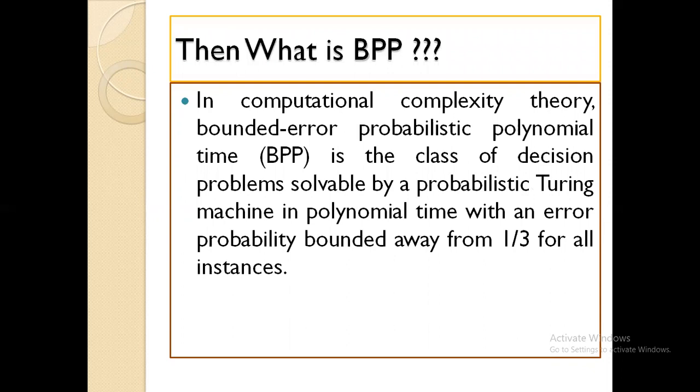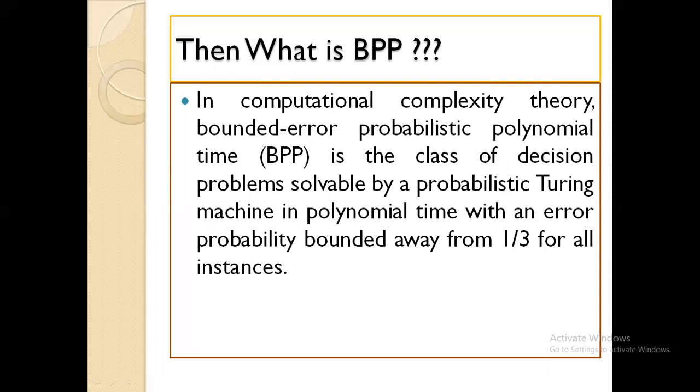In computational complexity theory, bounded error probabilistic polynomial time, that is BPP, is the class of decision problems solvable by a probabilistic Turing machine in polynomial time with an error probability bounded away from 1/3 for all instances. That is not a different case, but the only thing is that here we are comparing with respect to a Turing machine. And what type of Turing machine are we considering here? That is a probabilistic